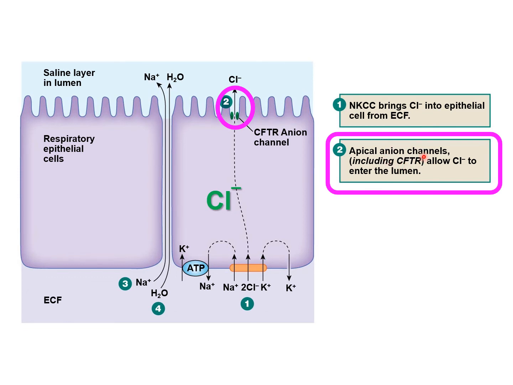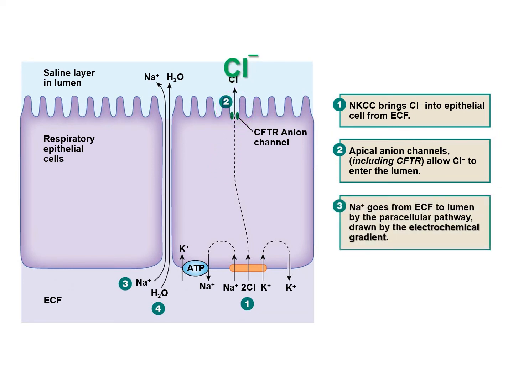The primary channel in cystic fibrosis was actually hypothesized before we discovered it, and that's why we gave it the name CFTR. So we knew there was some way of getting chloride from within these cells to the luminal surface, and it turned out to be this anion channel, CFTR. Cystic fibrosis patients lack this CFTR and therefore can't move chloride to the surface.